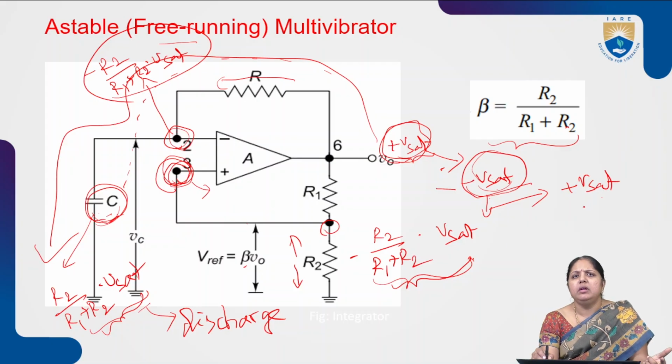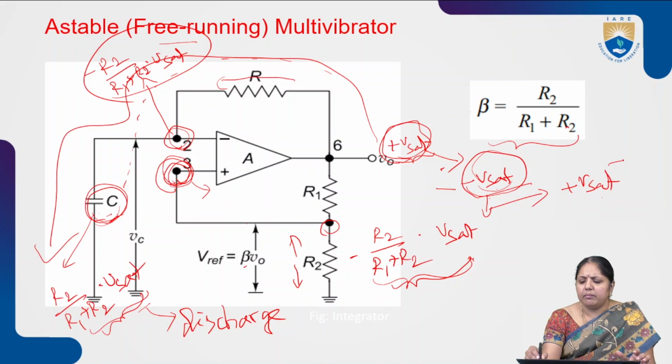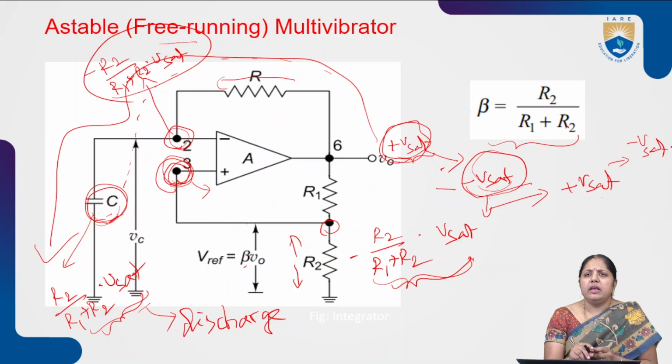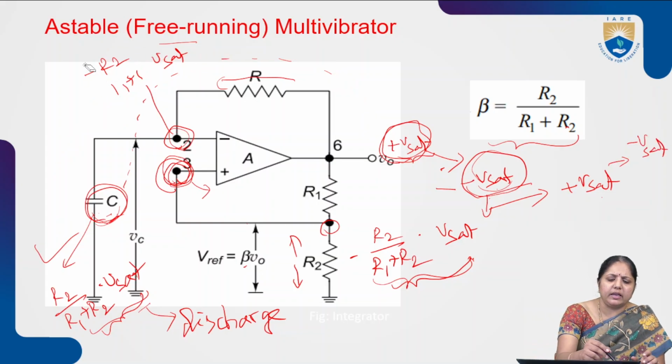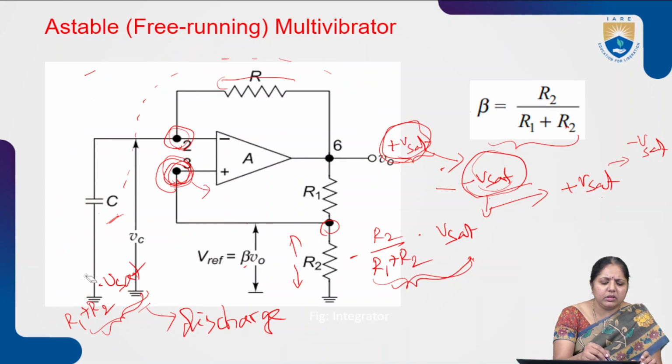Again your capacitor will do charging. Later, the negative terminal voltage becomes more than the positive terminal voltage. Again it will move from minus Vsat to plus Vsat to minus Vsat. Like this, a complete cyclic process will run here. Now, based on this operation,